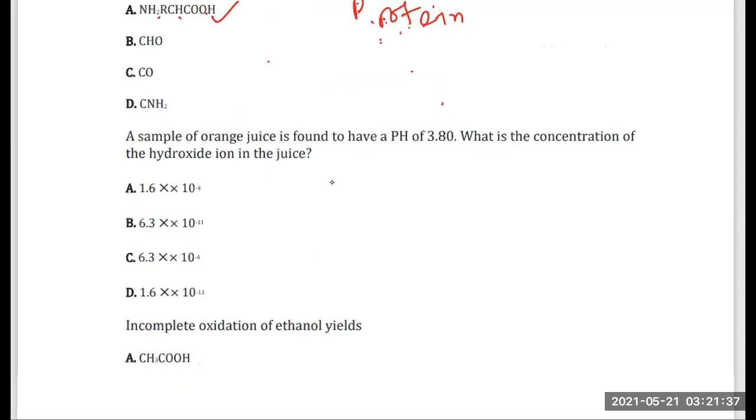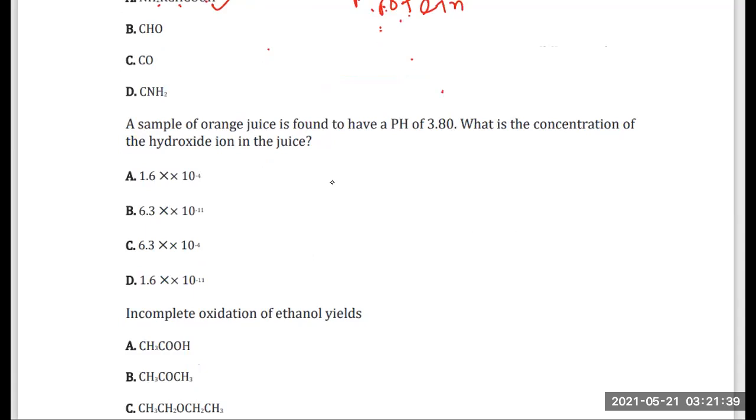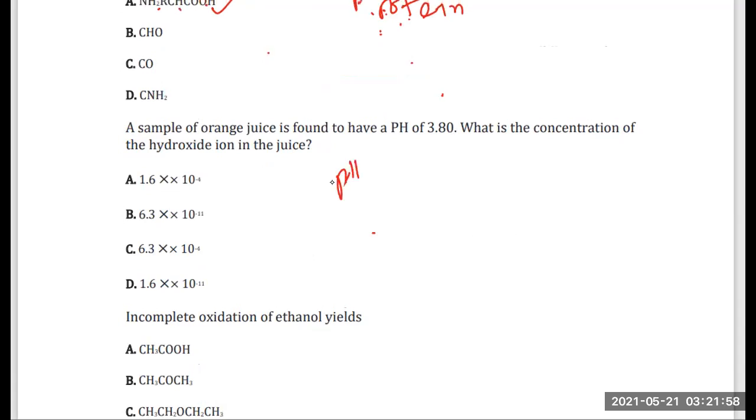A sample of orange juice is found to have a pH of 3.80. So how do we solve this? For us to solve this, we need to understand how to calculate pH itself. How is pH calculated? pH is calculated by finding the negative logarithm of hydrogen ion concentration. But now we're asked to find the hydrogen ion concentration. If I apply this, okay, you may need your calculator here,